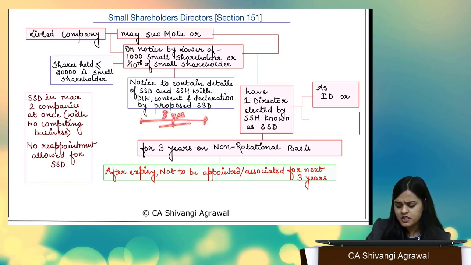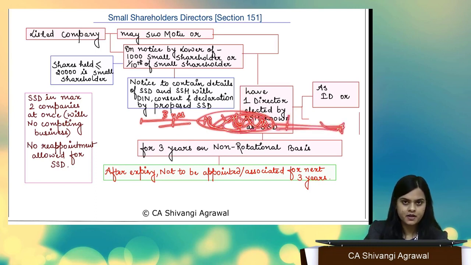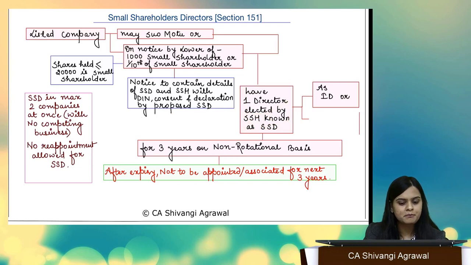Can he be reappointed after 3 years? No. Then 3 years will be a cooling period. Again, then he can be appointed after 3 years. During the cooling period, he cannot be appointed or be associated with the company in any manner. Okay,